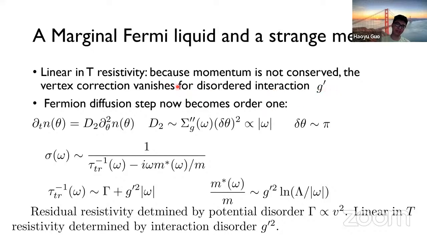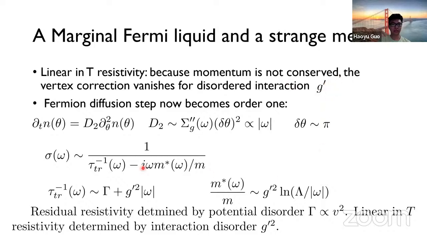In terms of diagrams, just because the momentum is not conserved, if you look at the vertex corrections for this G prime coupling, you have to integrate over all these momenta, and by symmetry those vertex corrections are 0. So the self energy is not cancelled, and then you could get